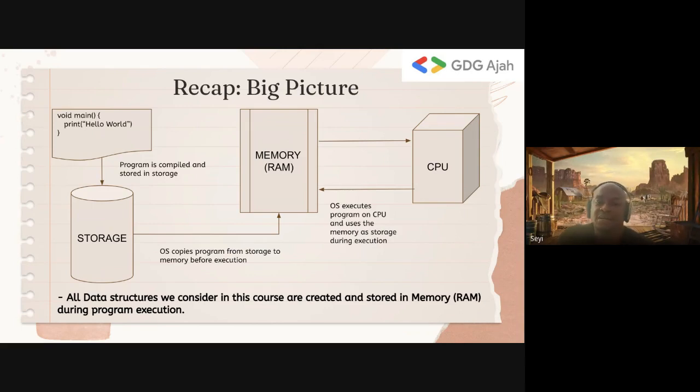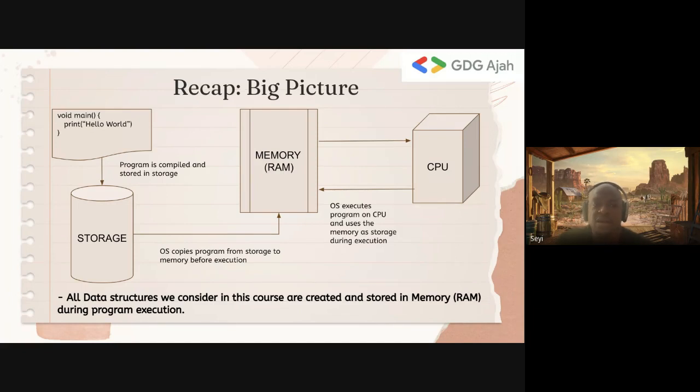So at the basic fundamental level, just going over this again, when you write your code in your Notepad editor, or whatever editor you use, and you save it, that is stored on disk. When you try to execute the code, in that you double click it, or you run a script, or something triggers it, then that program is copied into RAM. And the CPU begins to read instructions to execute the program from RAM. So what this tells us is that all data structures during program execution are created and stored in memory.